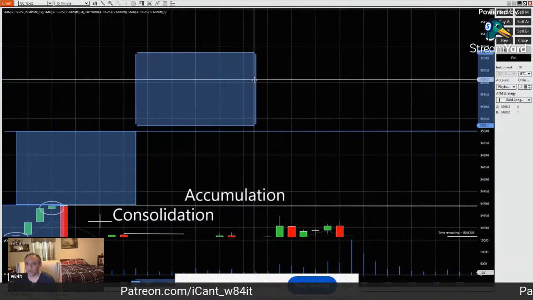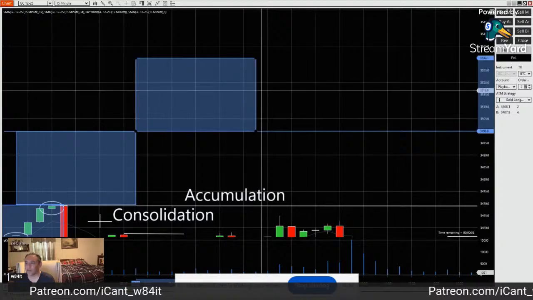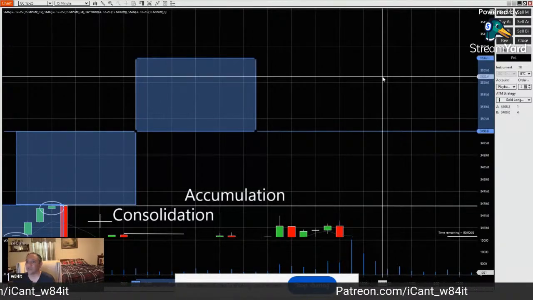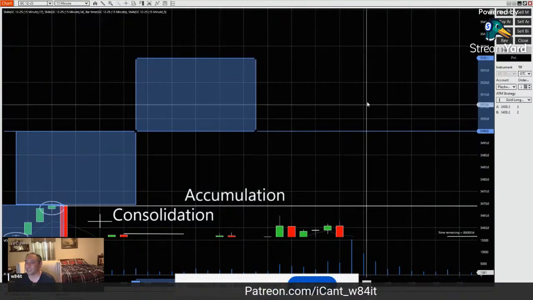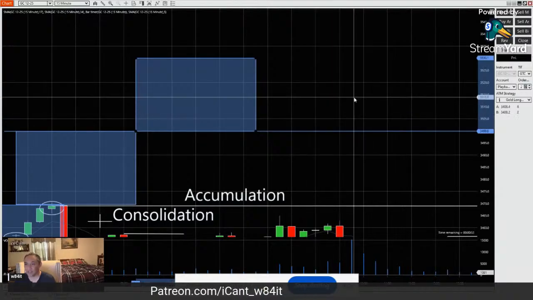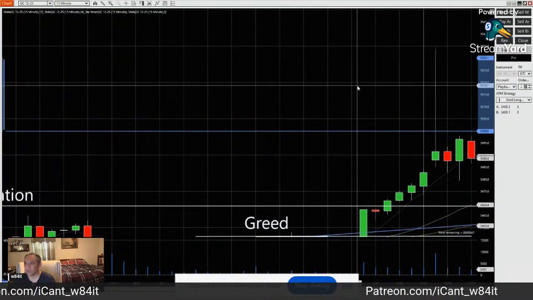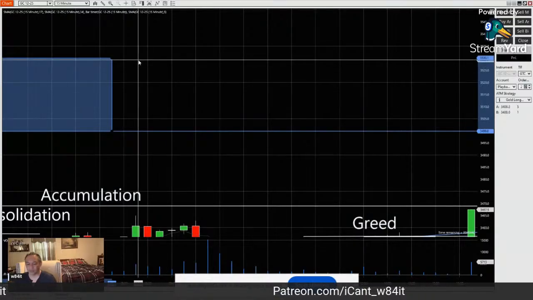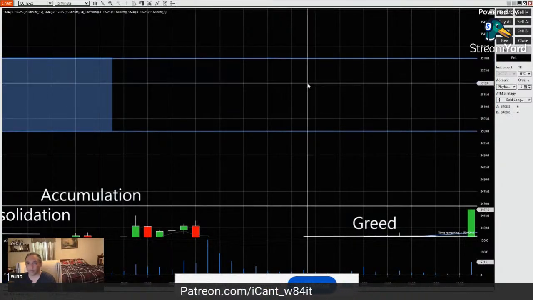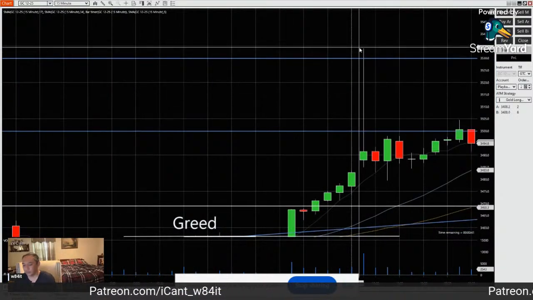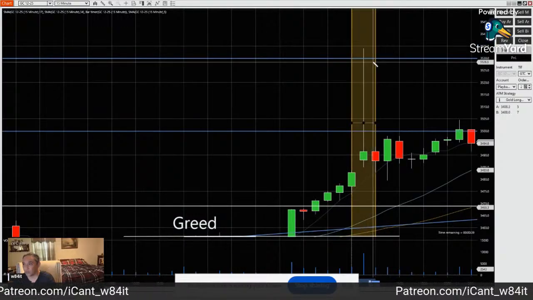In any good move, you're looking to get 3 to 4 out of a move. Double is just keeping you going, right? That means that they got to do it again. They got to accumulate again, reaccumulate again. But triple and quadruple is really where they want to be. But let's drop a line here. Look at that. And so boom, you get